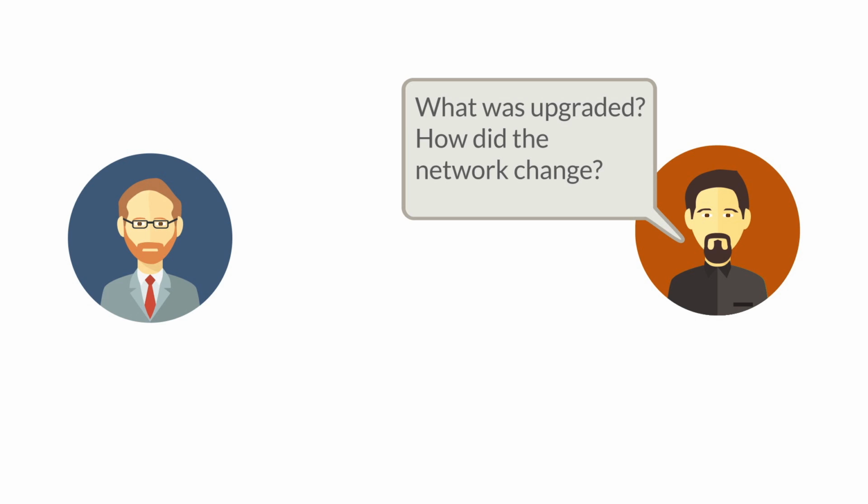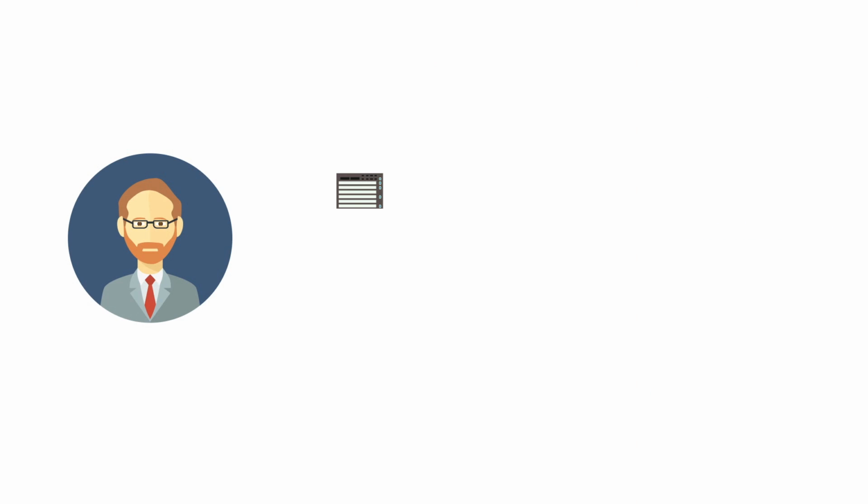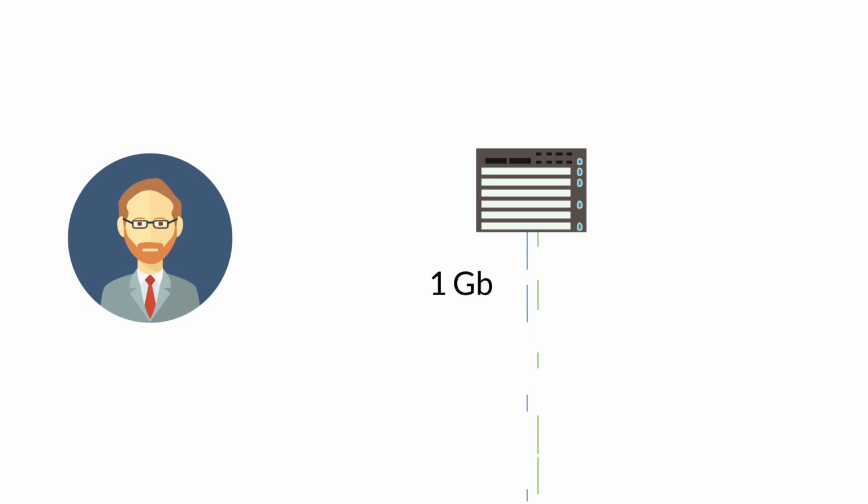What were the upgrades? Can you show us? The distribution layer is really the first place where we had some major upgrades this summer. We've replaced every single switch in the distribution layer with new equipment. So we replaced them with a faster switch. By faster, I mean lower latency. And we replaced it with switches that have a higher port density of 10 gig. And that's really to enable going forward our new network standard for building networks, which is a 10 gig feed